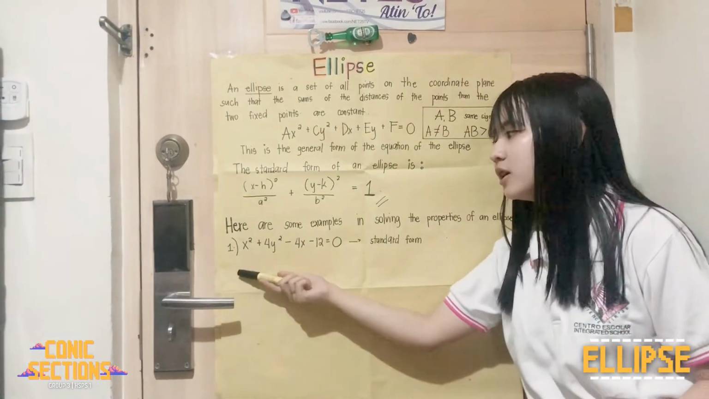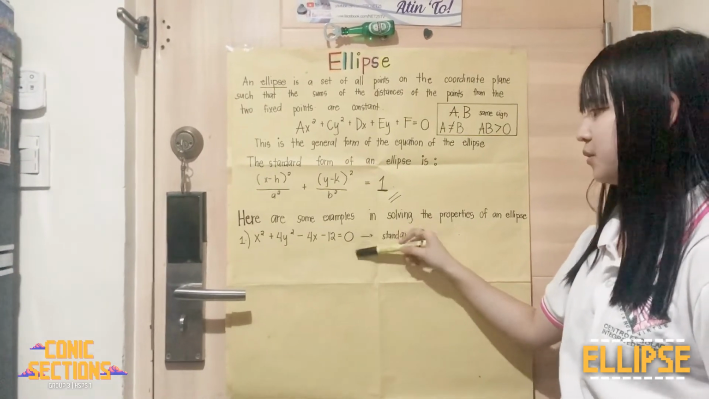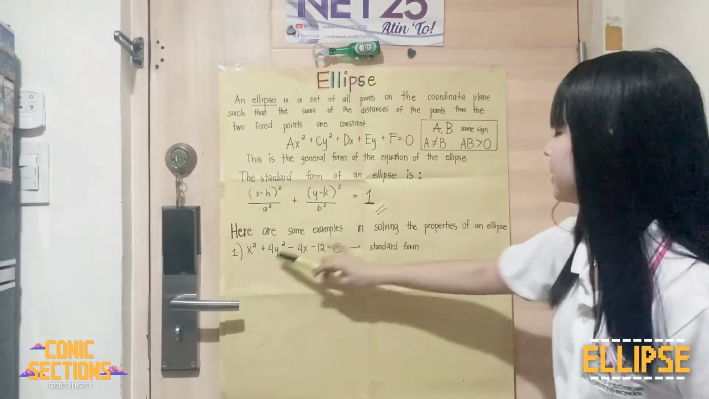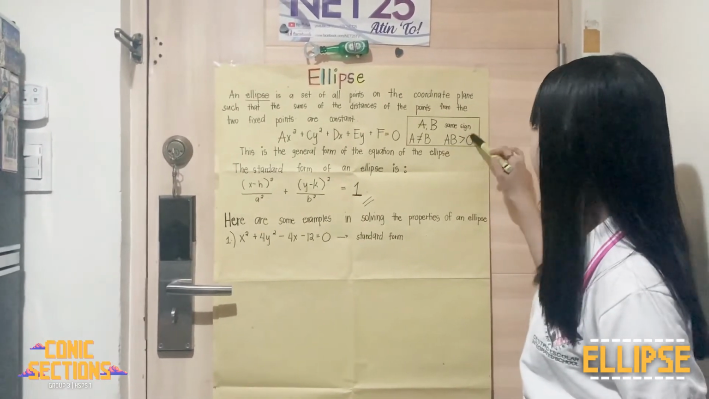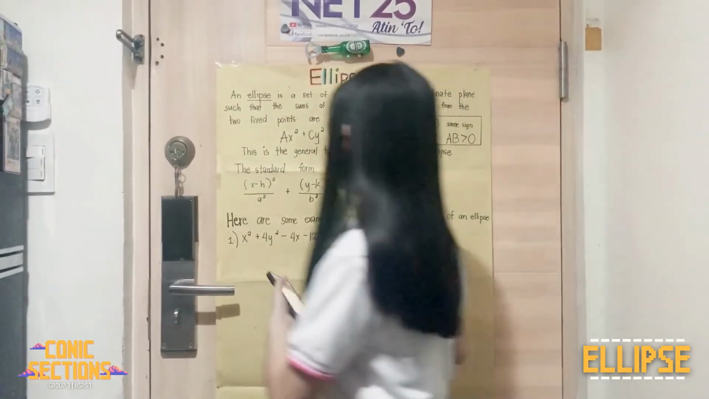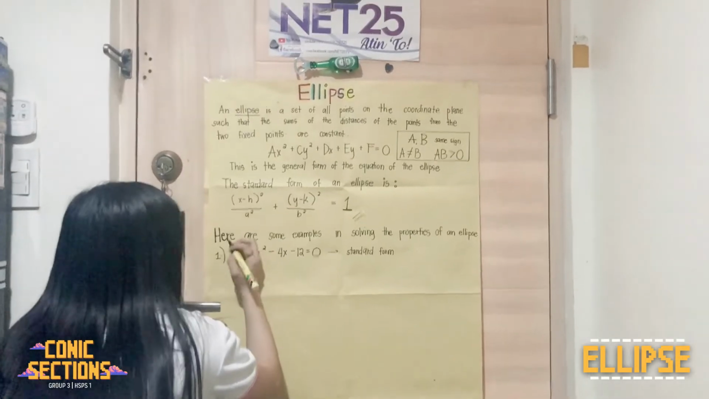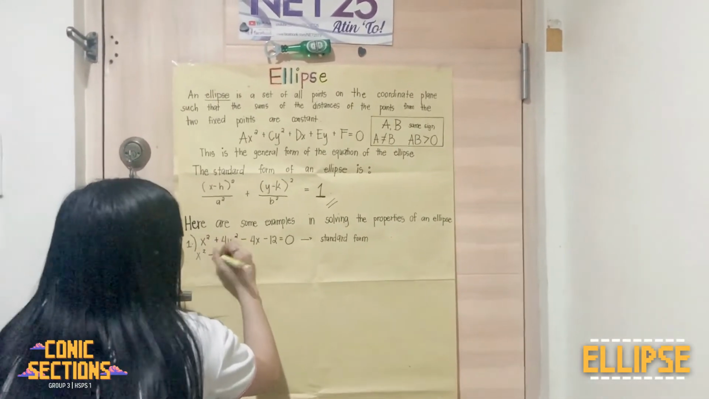For the first example, x squared plus 4y squared minus 4x minus 12 equals 0. We can identify this as an ellipse because they have the same sign, they are not equal, and A and C are greater than 0. So we have to solve this. First we have to complete the square. So for completing the square, we have x squared minus 4x